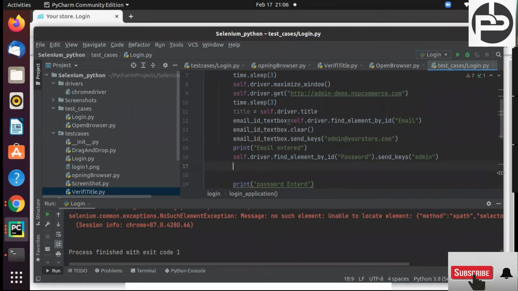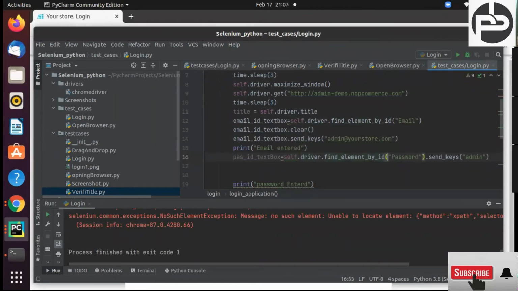Chalo. For the password also we have to do the same thing, right? Anyways, I will do that. Here we can write password underscore ID, underscore text box.